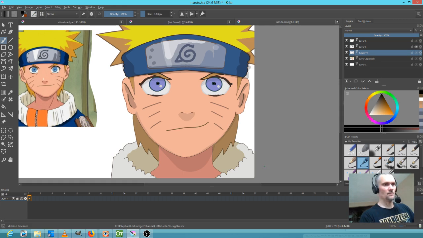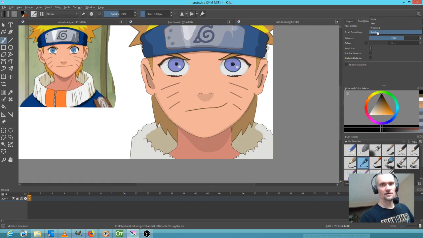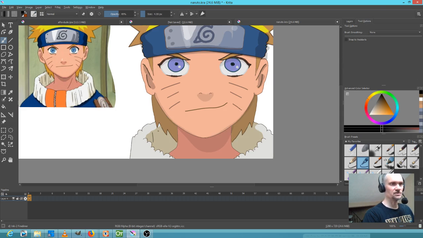I'm going to go up a couple notches here and actually make my brush semi-transparent. Actually, when you're trying to make outlines that are interacting better with the underlying colors, sometimes the best way to do it is to just make the brush transparent, and then obviously some of the underlying color just sort of bleeds through. It's actually a really good way to do it. So we'll go like this, and